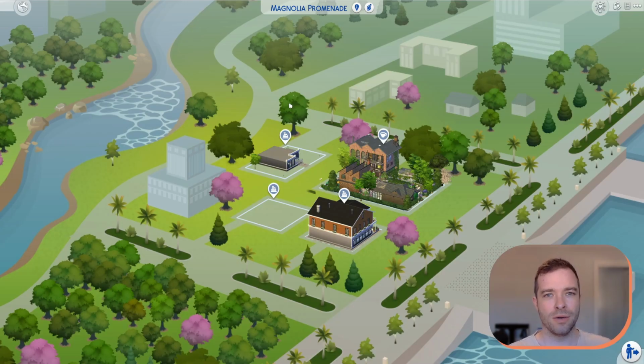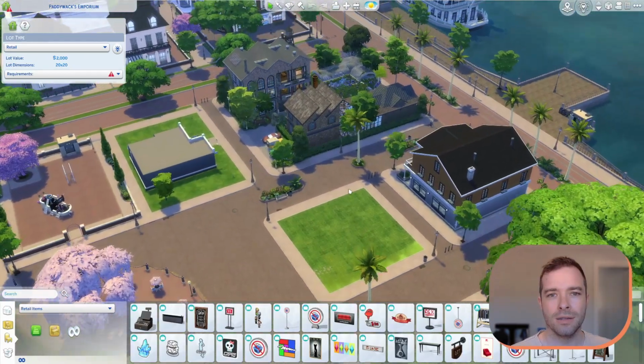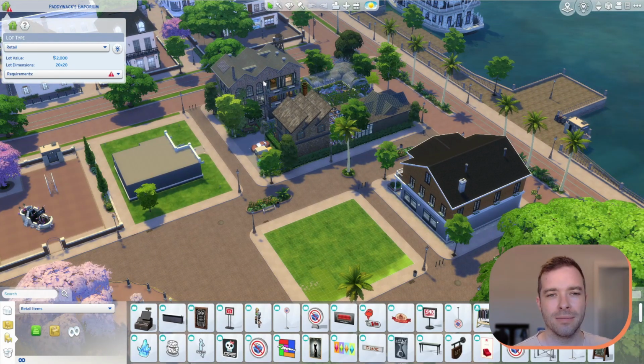Back in the world of Magnolia Promenade, where we're going through and replacing all of the lots. Every single lot in the world, all 4 of them. And today we're going to work over here where I have already demolished the retail lot that was there. Previously we completed the grounds of Magnolia, which has a pub, a cafe, and an events hall, and an